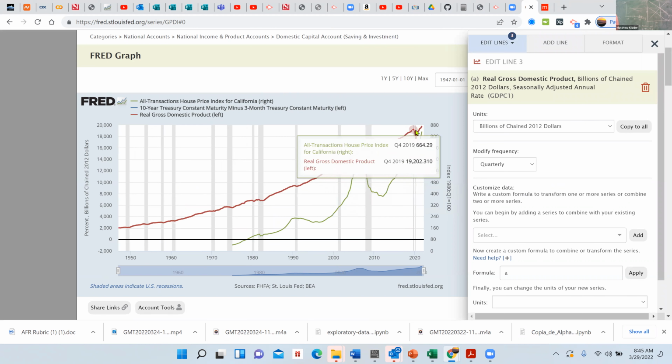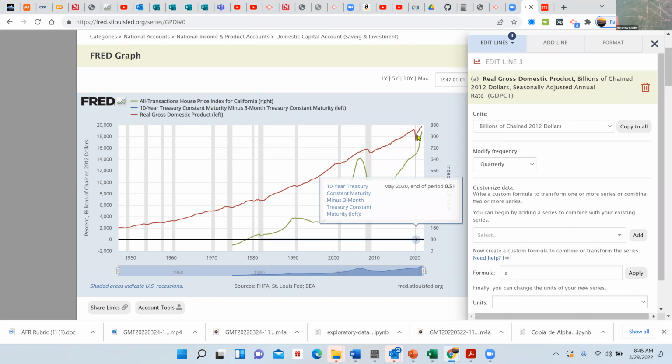Real GDP took a tank and started to recover, and now we're back to this recovery phase. You see? So on one hand, our gross domestic product is recovering, but our stock markets were overvalued because of this,